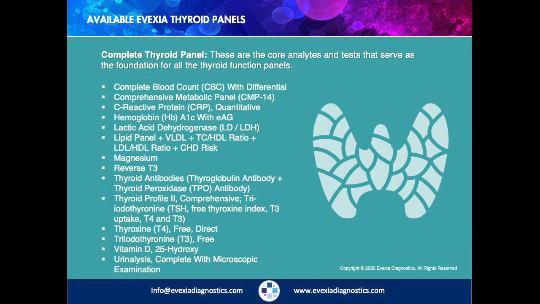Now, some of the conditions associated with an increase in thyroid stimulating hormone are going to include such conditions as primary hypothyroidism, could be renal disease. It could be from a recovery of an acute illness. There could be an iodine deficiency. Now, with a decrease in TSH, that's going to be associated with hyperthyroidism and some cases of pituitary dysfunction